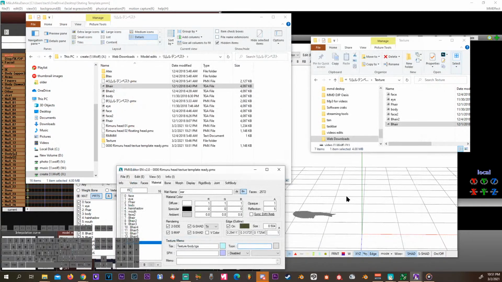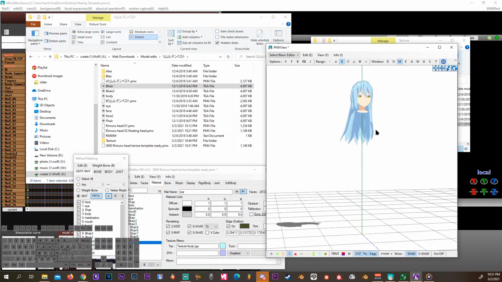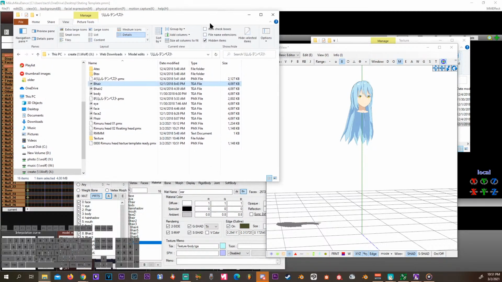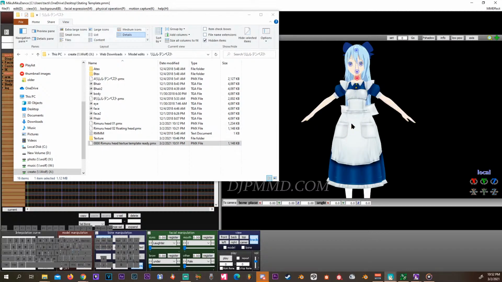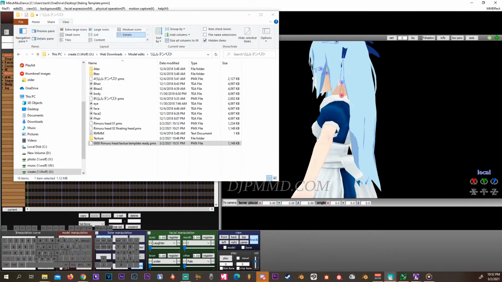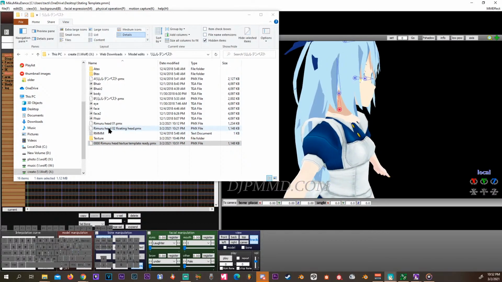Save as. We have our model still fully textured. Let's once again dump it over here. Yep. There we go. So our model is fully textured and it has a brand new